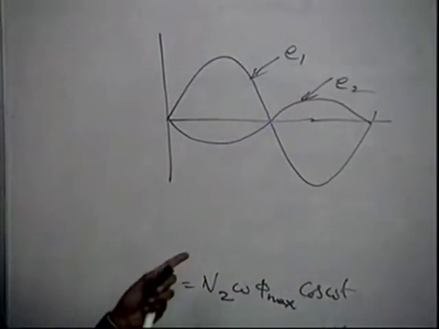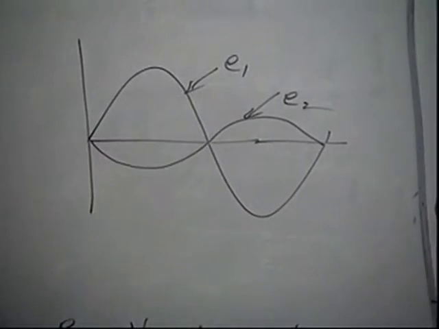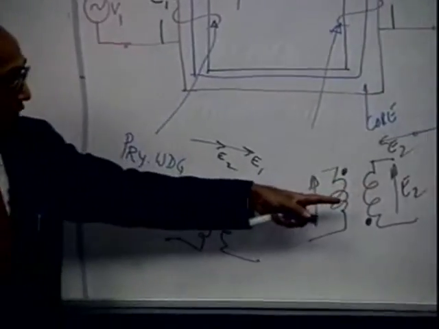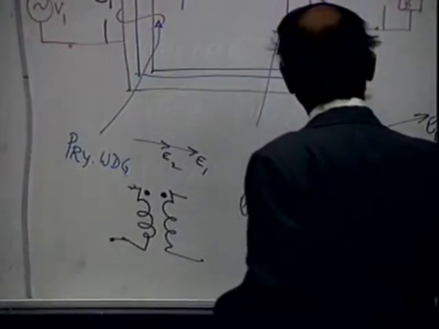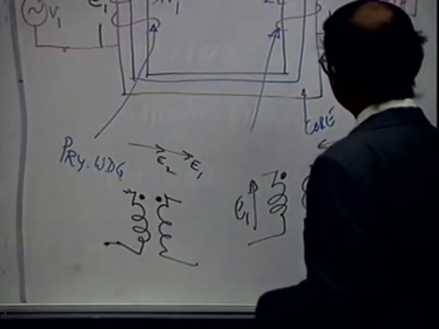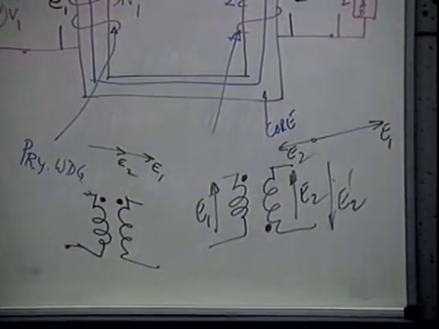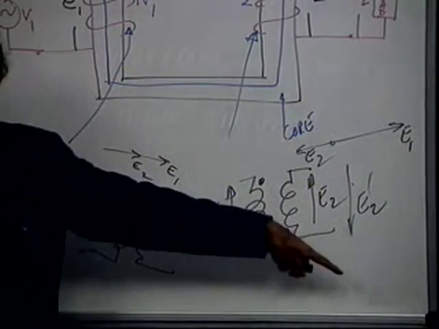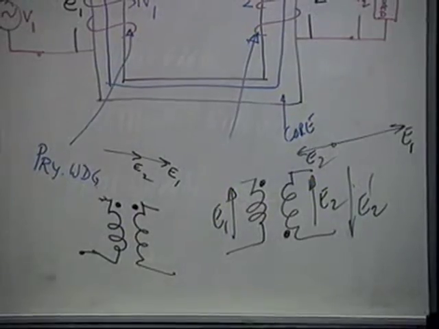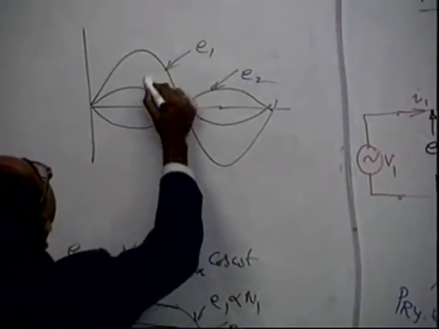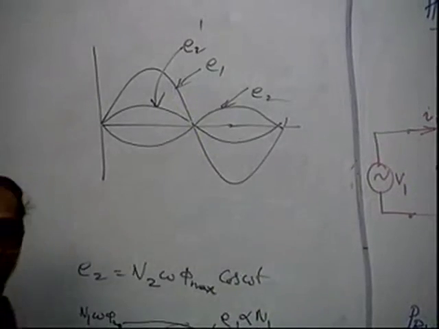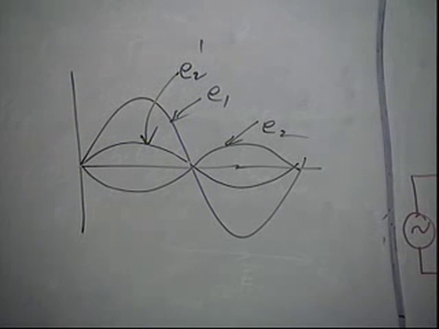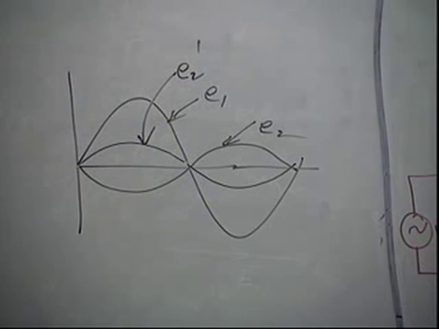If it is wound the other way, this will be the direction. Of course, if you indicate E2 like this, or E2 dash, I would say, supposing I have E2 dash, please listen very carefully. If I put E2 dash like this, then my E2 dash will be, okay? Is it clear now? So you can have either a 0 degree phase shift or a 180 degree phase shift in an ideal